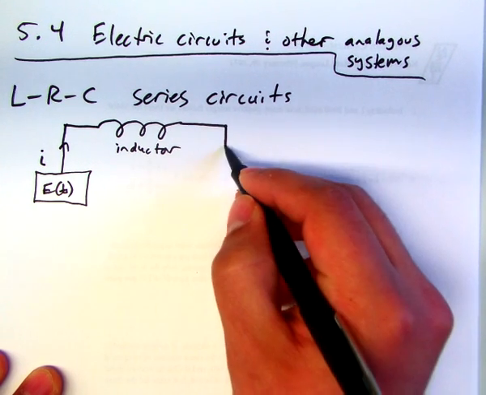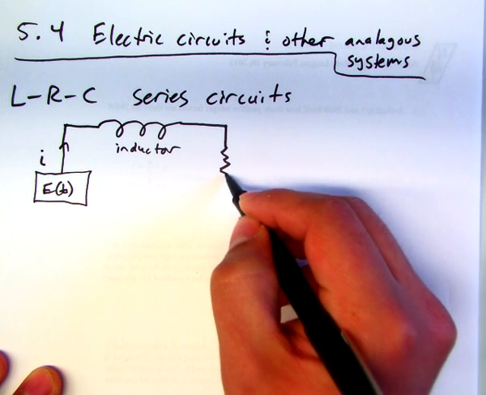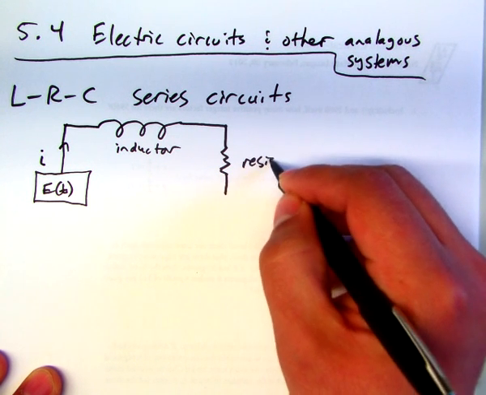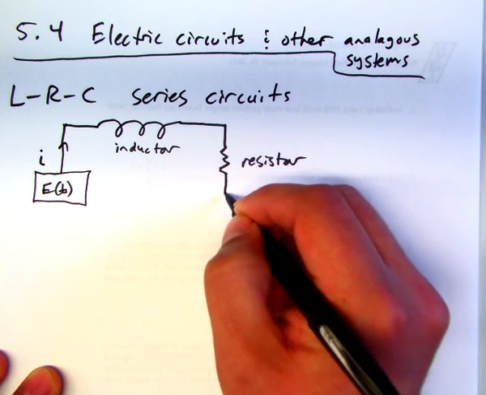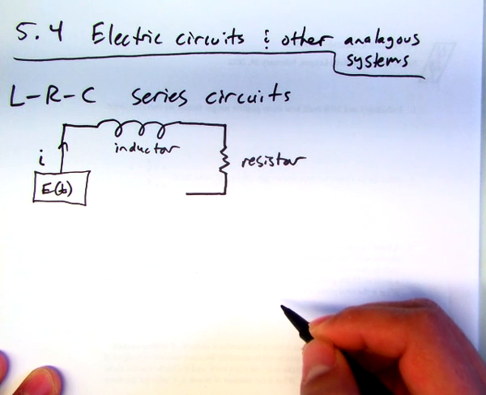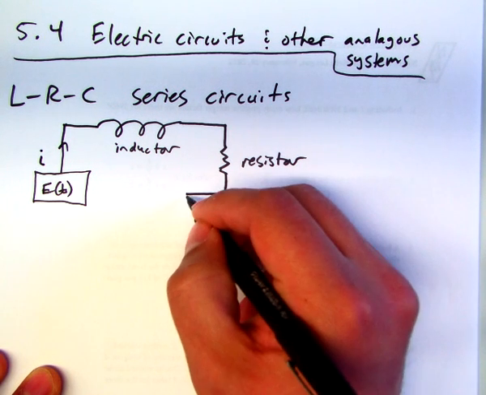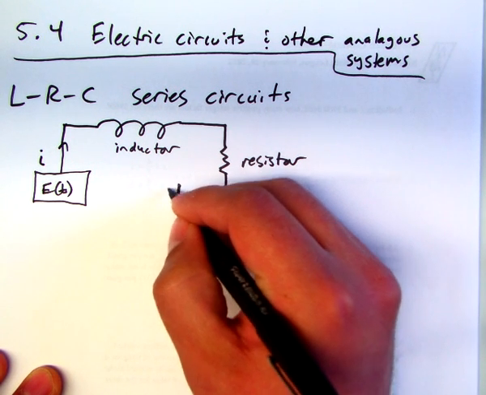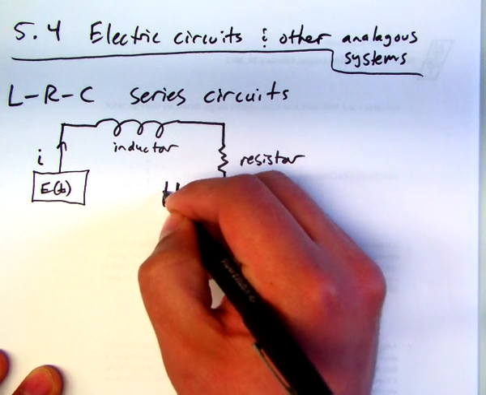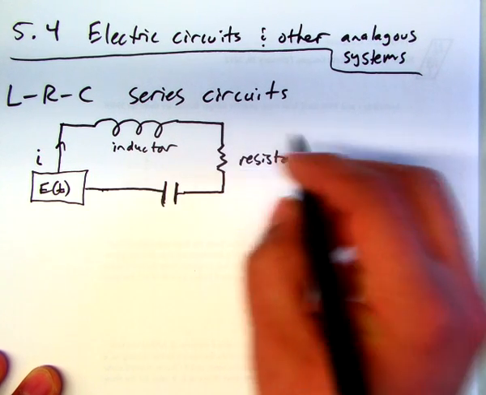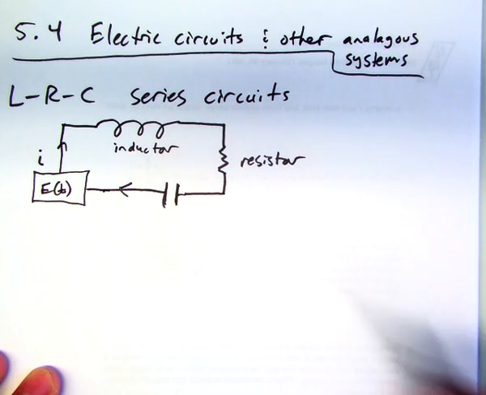And this is the symbol for a resistor. Good. And the last part of the LRC circuit would be the capacitor. Okay, so